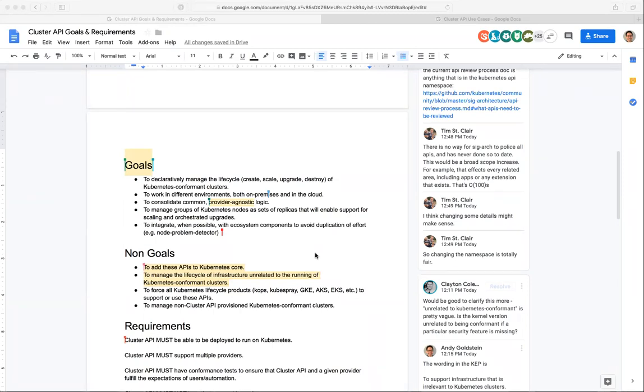So why don't we table this particular one and highlight that last line that Andy had just added, which needs to be expounded. The language needs to be wordsmithed a bit more, but I think there is a fine line here. We want to integrate where possible, as you said, but we don't want to preclude ourselves from doing what we need to do to get our job done. So there might be a portion where we define scale behavior that is not in the current autoscaler. Mm-hmm. And that should be totally fine for us to do. We are outside the core, right?